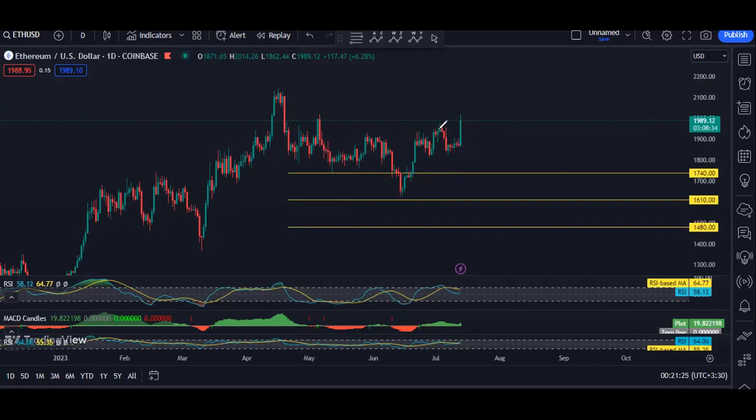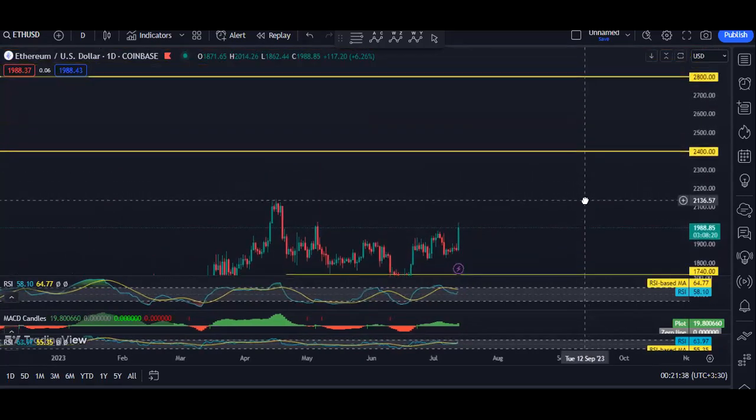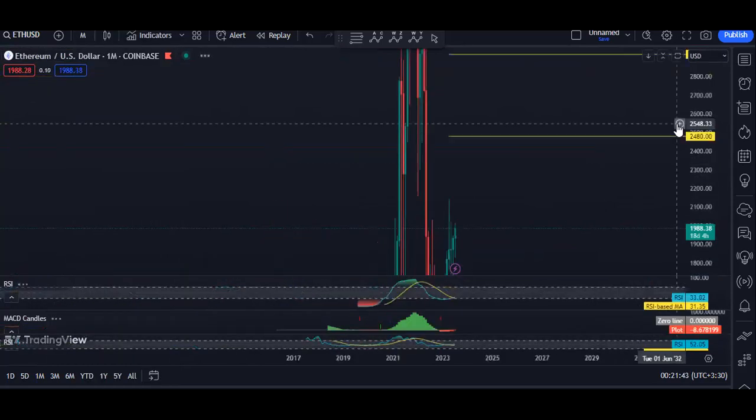Okay, now again, we need to be quite careful because we want to see whether the price can continue and break the previous stop or not. Because again, with the breakout of this stop, I'm looking for 2.4 followed by 2.8 as short-term targets. By the way, at this point, I don't see any trade setup, and we move to the higher time frame.